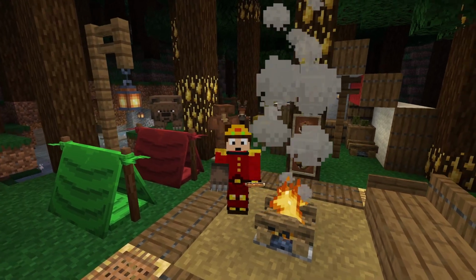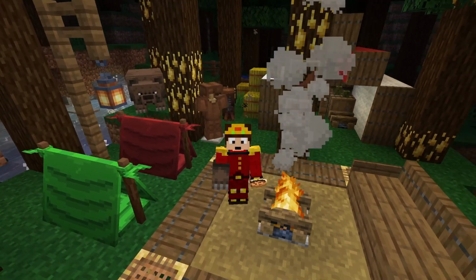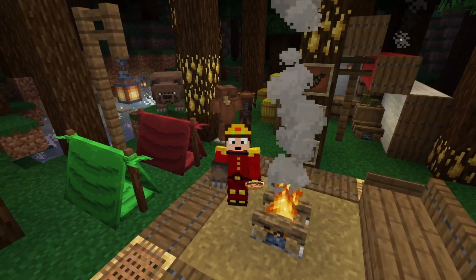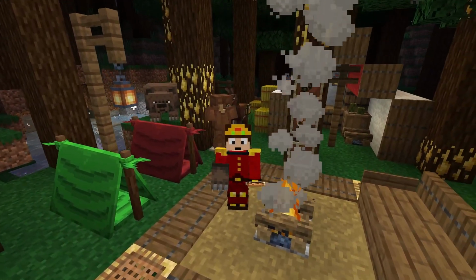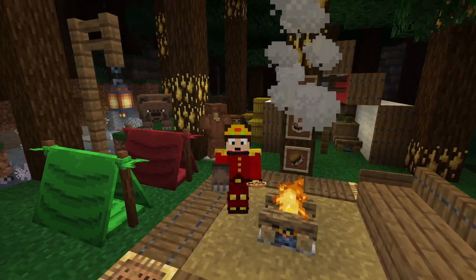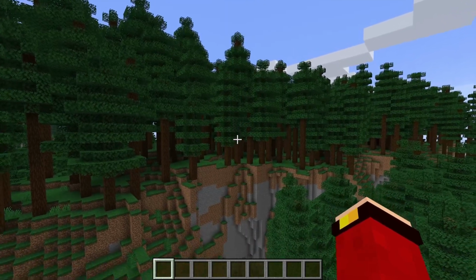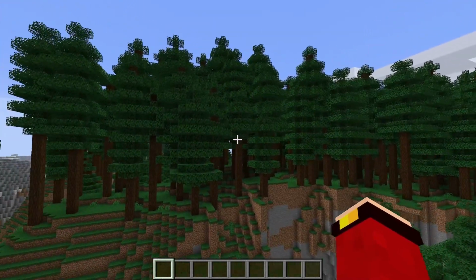This is Chris. Hopefully everyone is having an awesome day, and welcome back to another mod showcase, where today we're showcasing the Simply Camping mod for 1.17.1, and it's a really simple mod that adds a bunch of awesome camping related content. So let's first get started with the biomes, and the first biome we're gonna cover is the pine